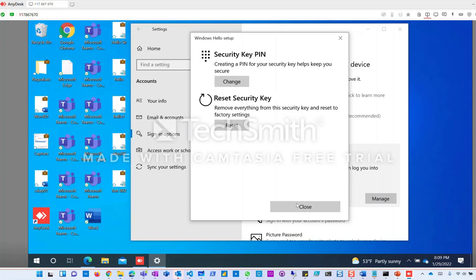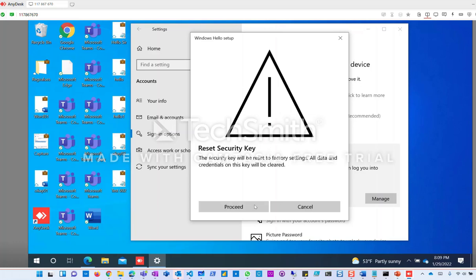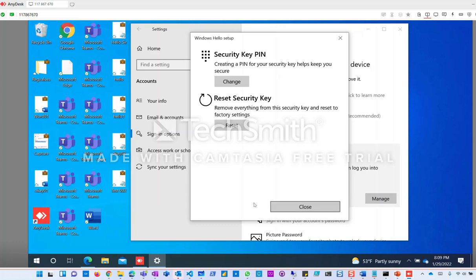Let's try to log in with the key. Okay, in case you wanted to do a factory reset, you can hit factory reset and click proceed. It will tell you to reinsert the key and put your fingerprint after you reinsert, and it will factory reset. And when you factory reset, make sure that you go through the process again to register the key